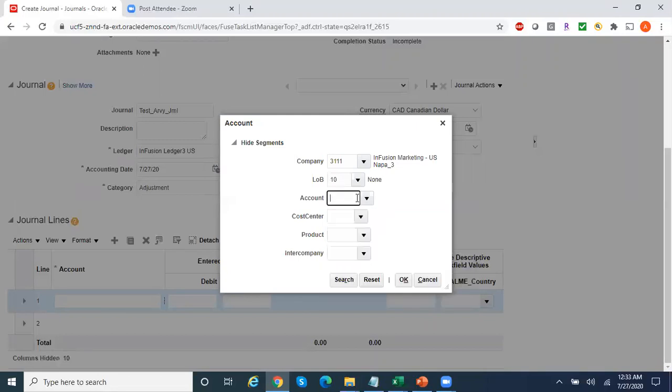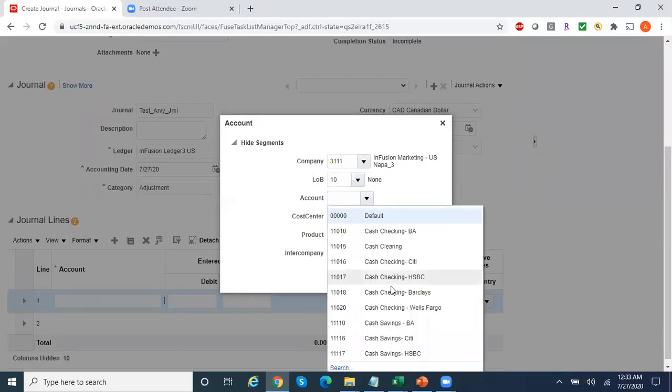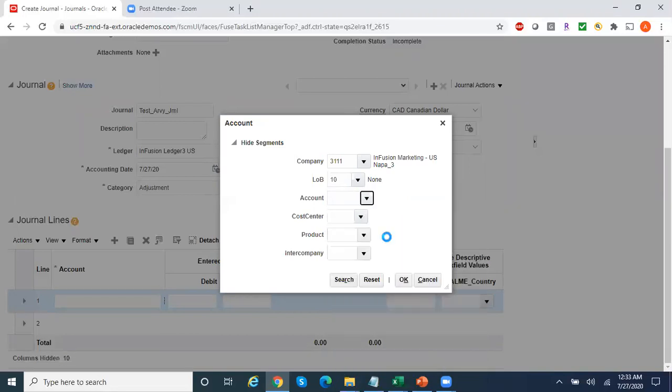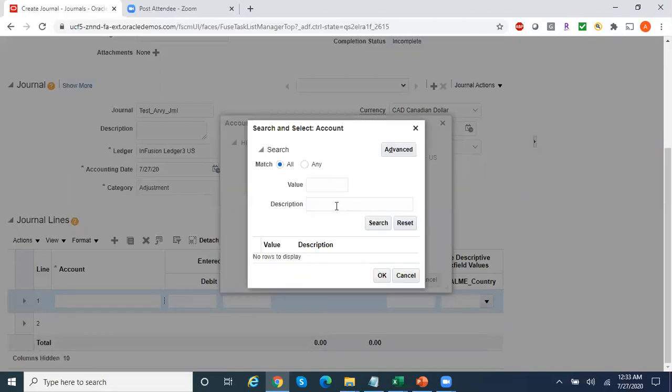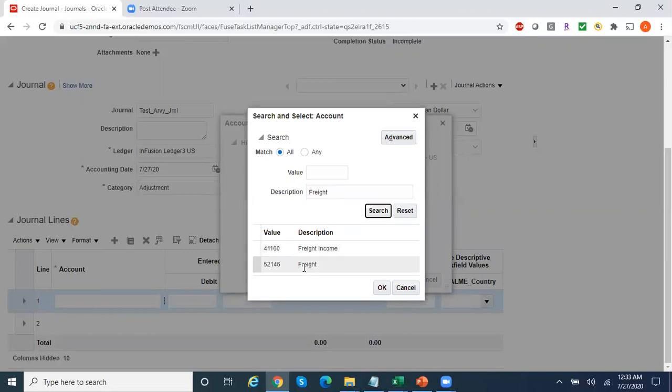Yeah, and then I just want to use some freight account. Okay, so this is my freight expense account,